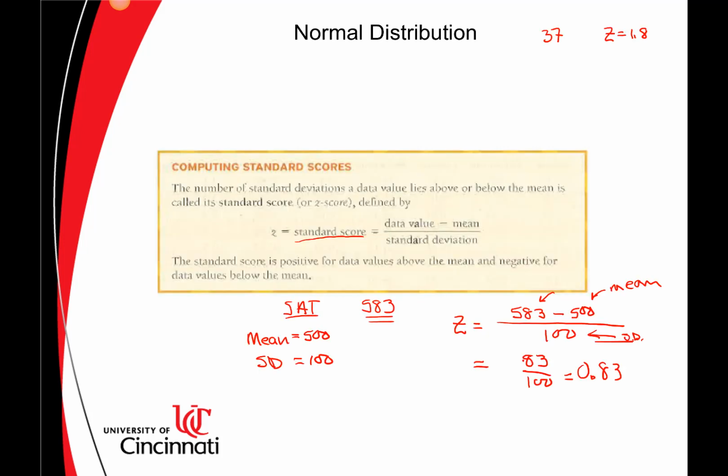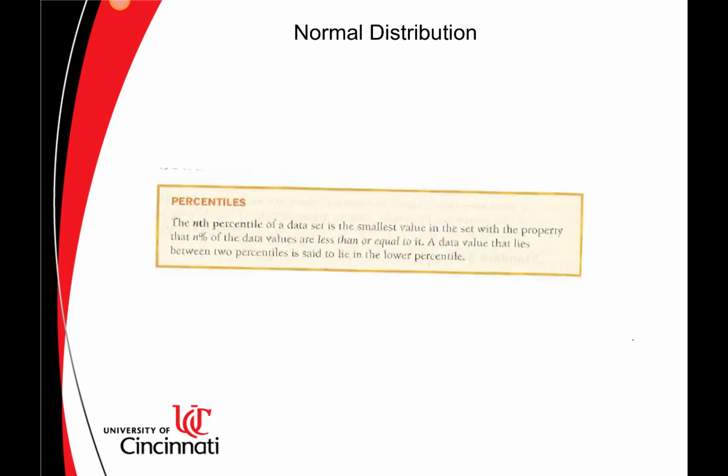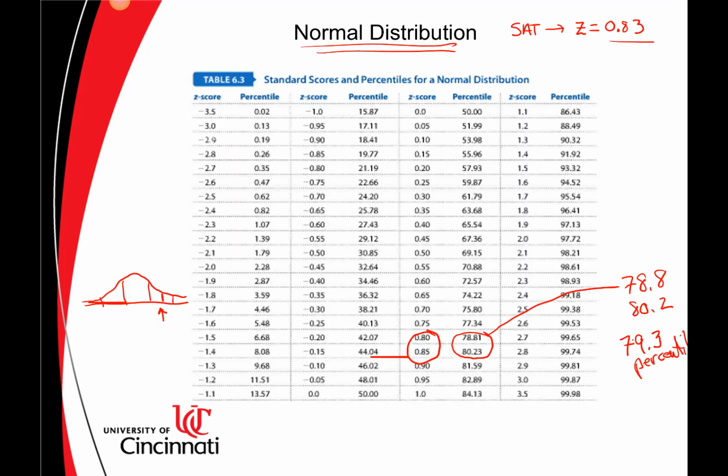That's all you do. You take the data point you have, subtract the mean, divide by the standard deviation, and once you get that value, you then go to